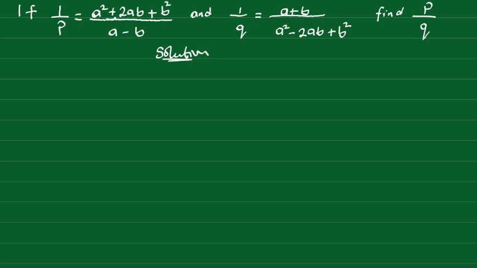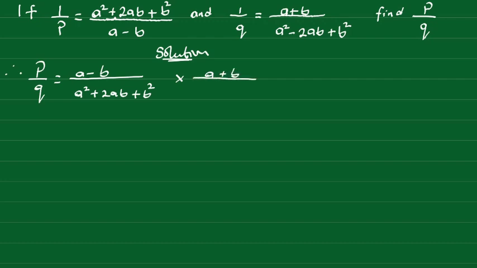And therefore, we have it that p over q is equal to a minus b divided by a squared plus 2ab plus b squared, times a plus b divided by a squared